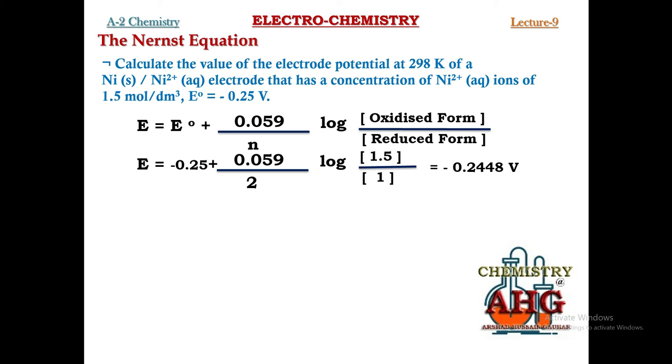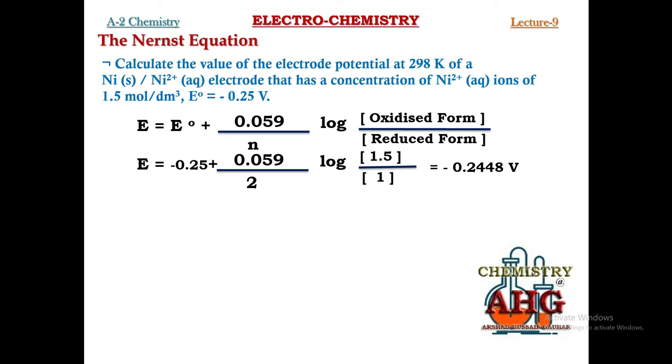It means the non-standard electrode potential of the nickel half cell has increased, and that is very right. Why has it increased? Because we have increased the concentration of nickel ions. When the concentration of nickel ions increases, which process will be favored? Reduction will be favored. Nickel from Ni2 plus will become solid nickel. So whenever reduction is favored, the half cell becomes the cathode, the plate gets positive charge, and the E naught value increases. This is how you can confirm whether the answer you have calculated is correct or not. Whenever you calculate an answer, always apply the theoretical information I have told you: if reduction is favored, the half cell becomes the cathode; if oxidation is favored, the half cell becomes the anode.